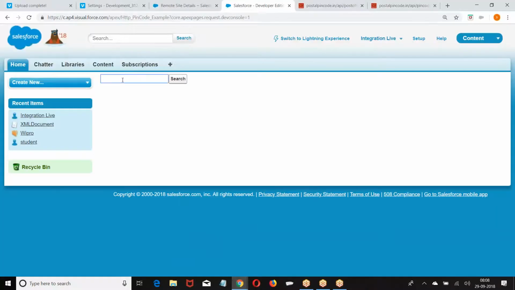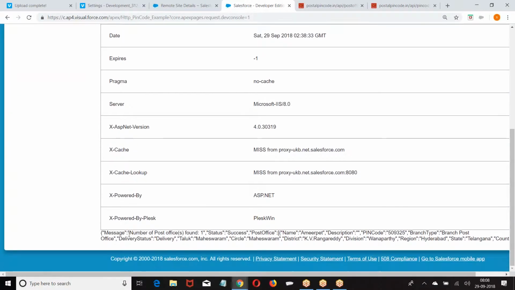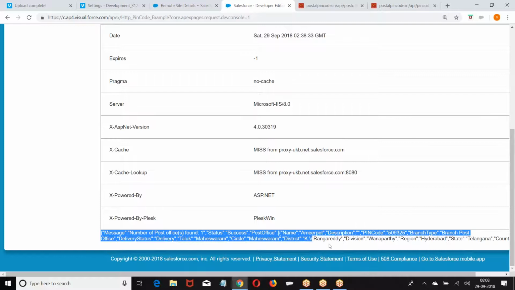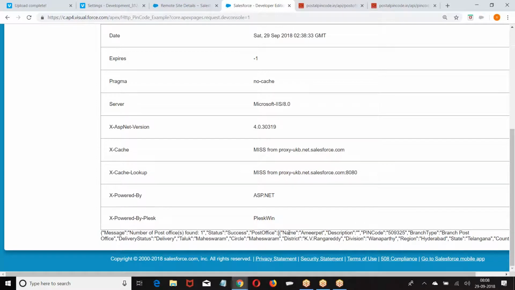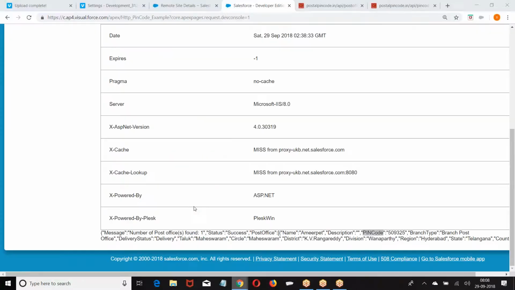So go back to the header element. At the bottom, what we received here is in the form of JSON. If it is in the form of JSON, what should I do? I need to read the pin code value. So how do you read the pin code value? I don't want the entire data. See, now whatever response you received,